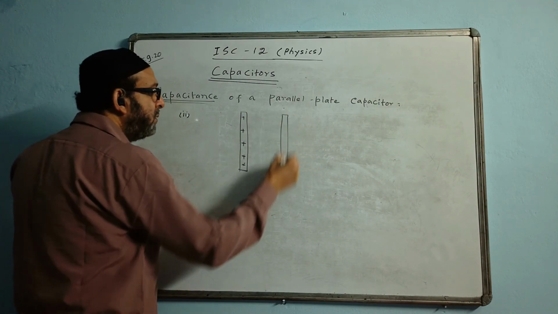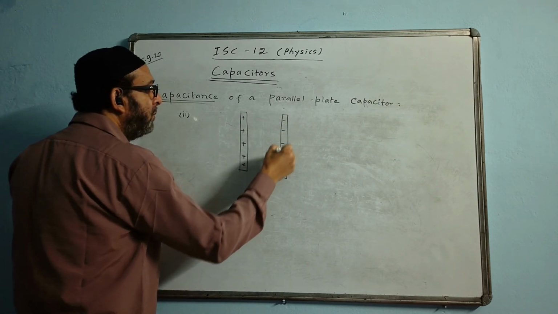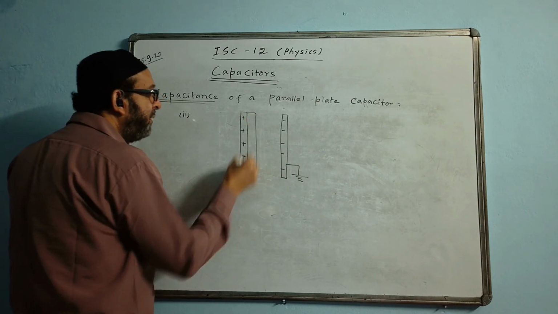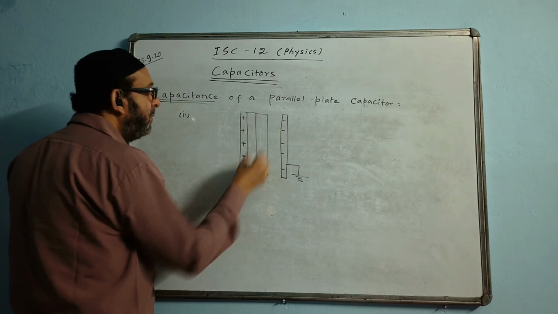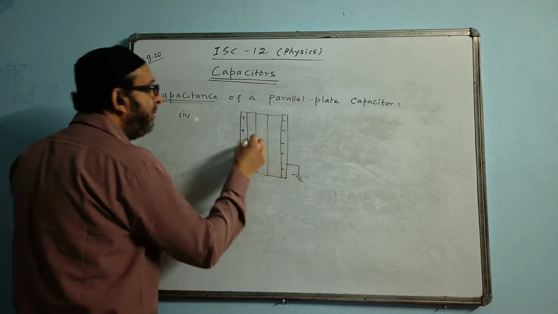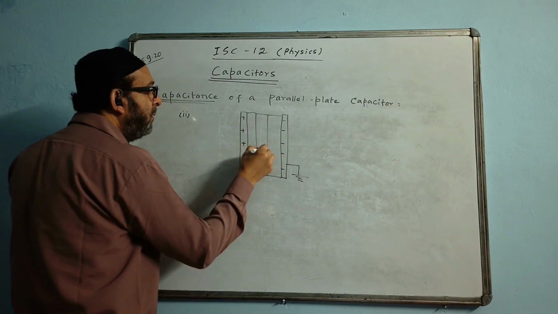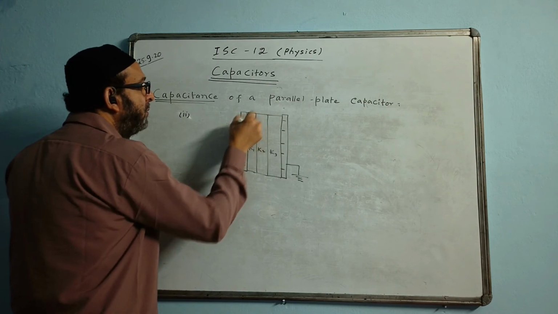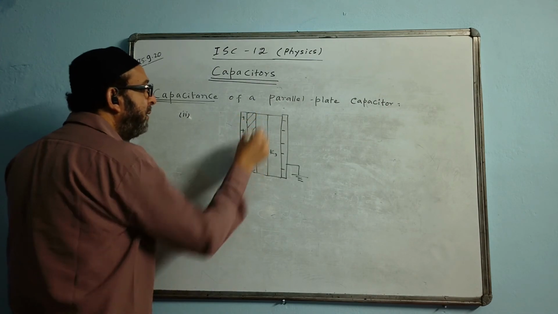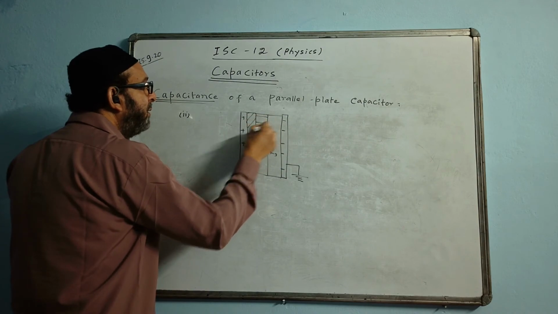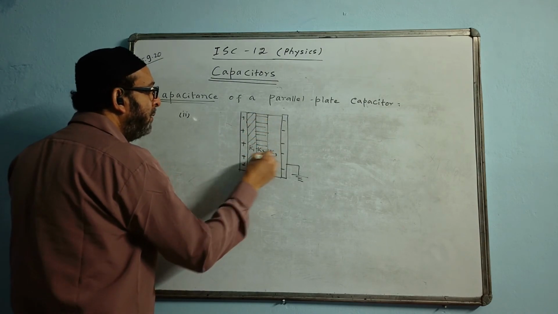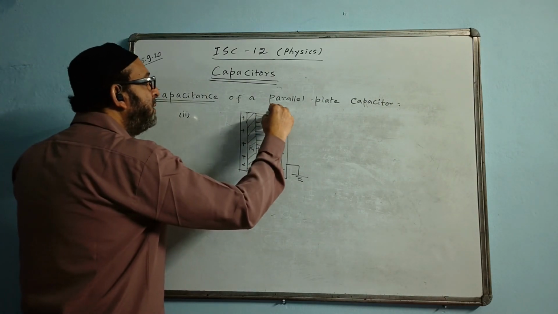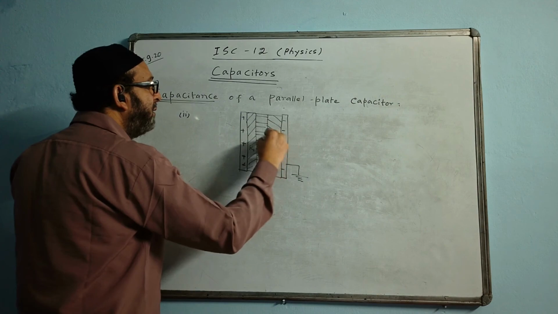The diagram is here. We are having one dielectric, another dielectric, and maybe some other dielectric. Maybe 3 dielectrics I am using, K1, K2, K3. Different dielectrics. This is a dielectric medium. This is another type of dielectric. I am just making the design to differentiate them from one another. And this is supposed to be a different type of dielectric.